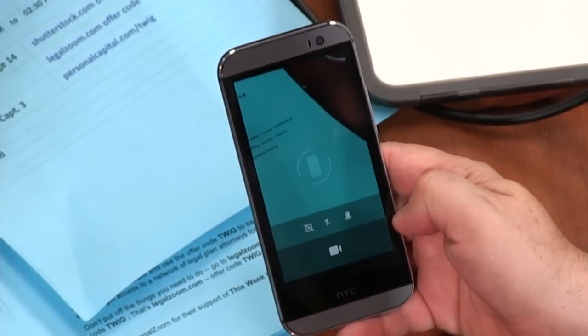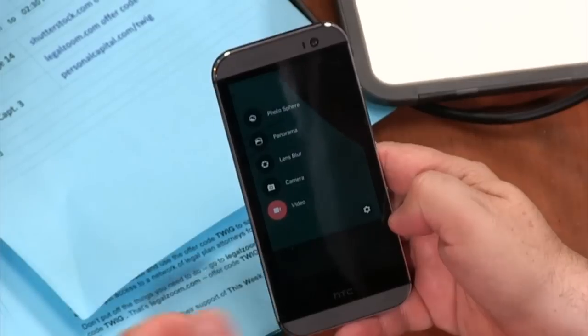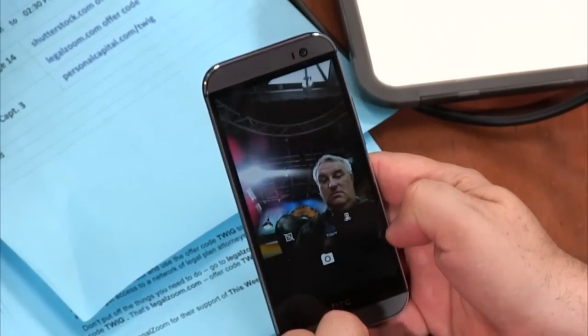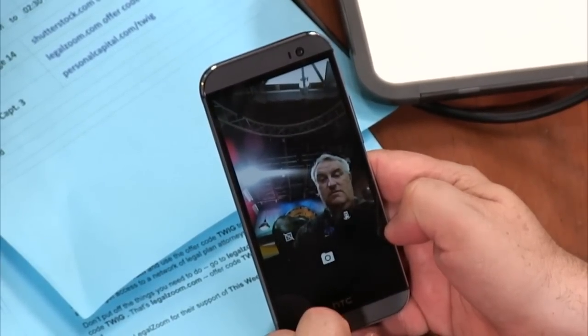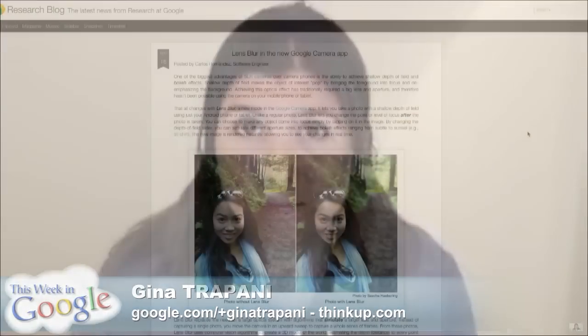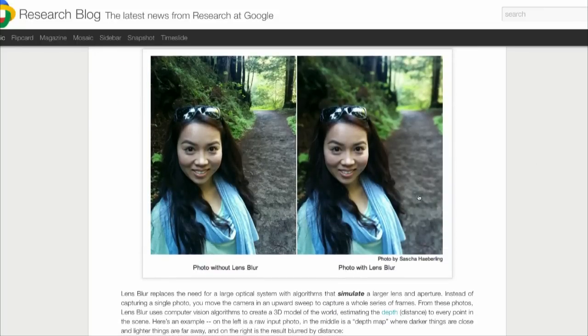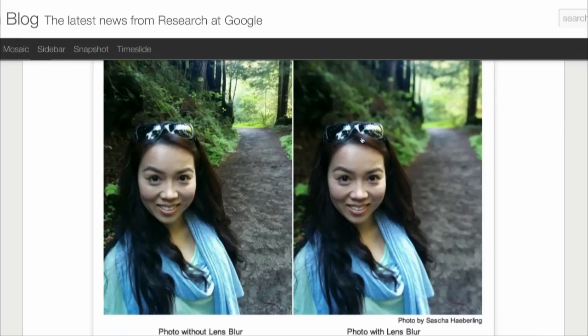No slow-mo in the video. It's kind of a limited feature set, but it's actually kind of nice that it's not so many. It's a pretty short list. The research blog did this great post about how they implemented lens blur and how they're basically estimating 3D maps of the objects in your photos to figure out where the planes are. Pretty cool. And I have to say, compared to some of the photos that I took with the M8 and used the HTC Change Focus app, these seem to be better, or at least just as good. Yeah. You can see, like in that picture that's up on screen, the edge of her hair, which is in the foreground.